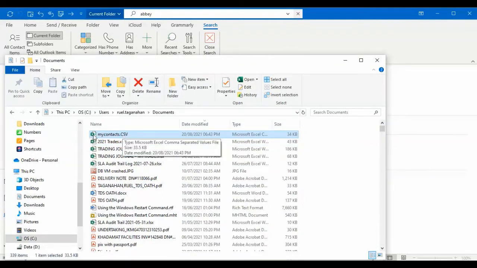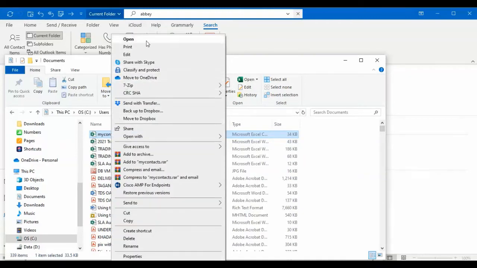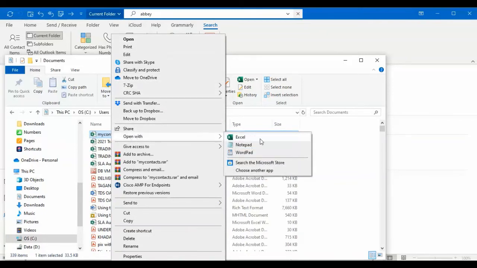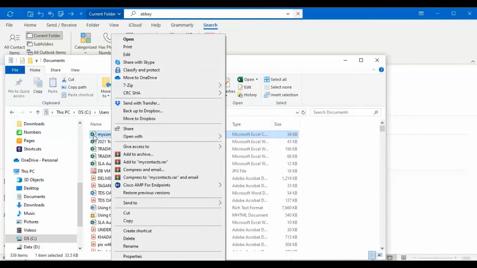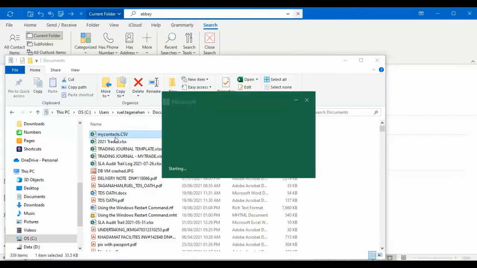By the way, the icon is Excel, because a CSV file can normally be opened in Excel only, otherwise it will be corrupted, I mean not readable. Since the icon here is already Excel, we can just right click and open, or double click this one to open. Or if it is not Excel, you have to use Open with, and select Excel here. Since that is Excel already, you can double click this one,